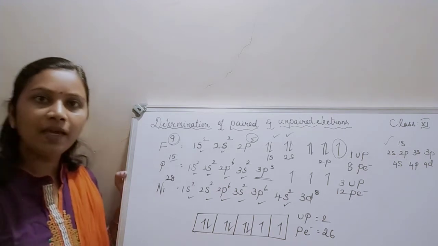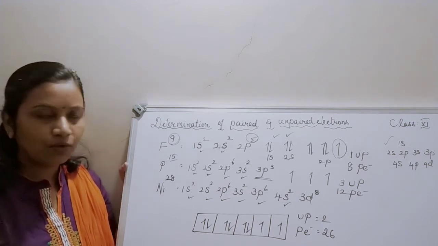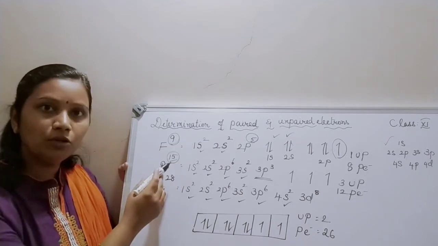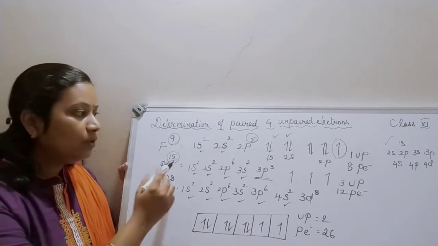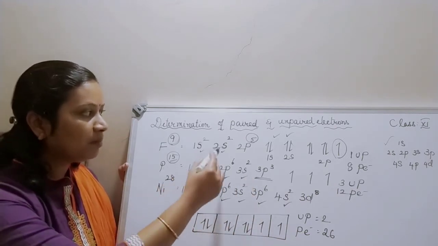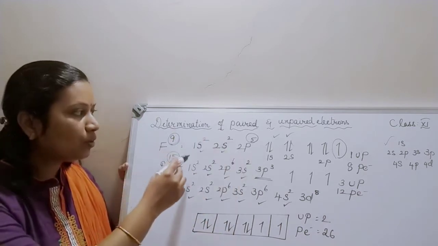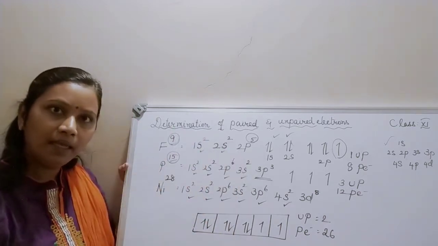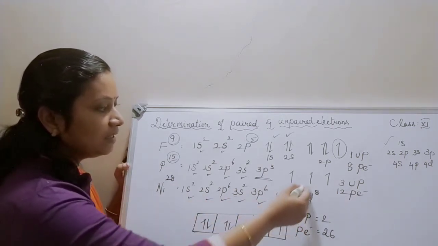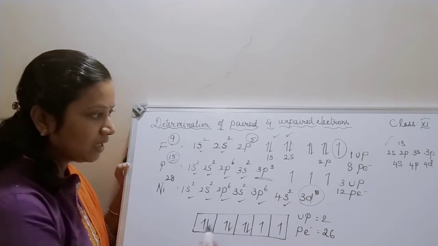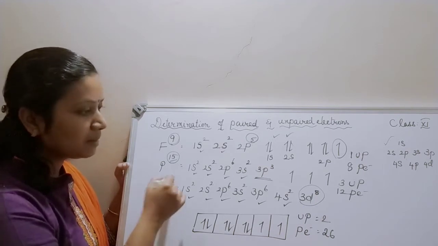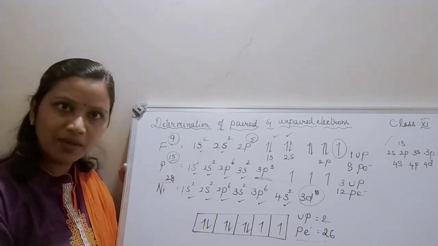So this is how we have to determine the paired and unpaired electrons. There are only 3 steps. You should know the atomic number. Then you start filling the orbitals. Try to fill the maximum number of electrons in each subshell. S holds 2, P holds 6 and D holds 10. You cross-check whether all are completely filled, and the last shell you fill as per Hund's rule. Then count the number of unpaired electrons and subtract it from the atomic number, and you will get the paired electrons. Okay children? Yeah, thank you.